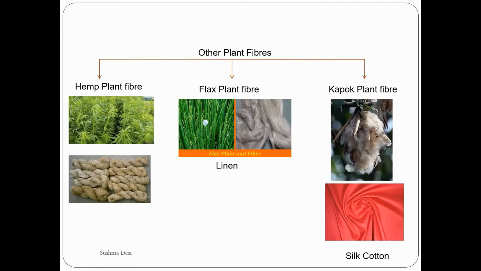The next plant fiber is silk cotton. Its common name is silk cotton. You get it from a plant called kapok. Like cotton, in this also the seed bearing fruit ruptures in